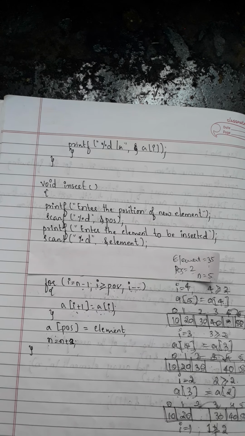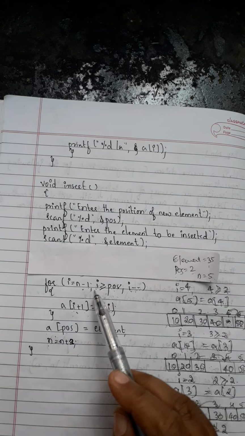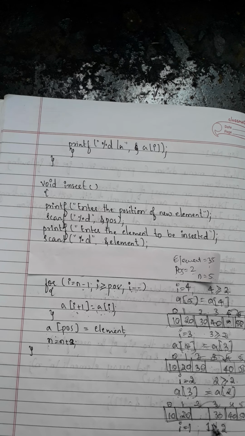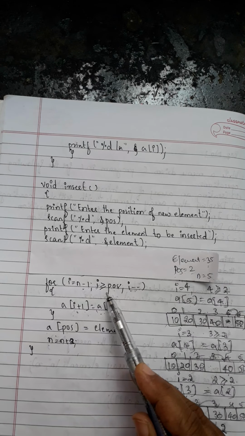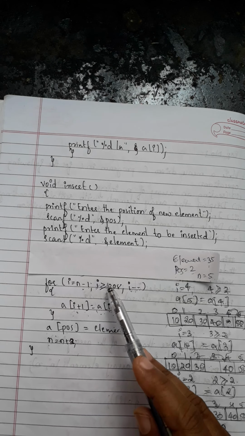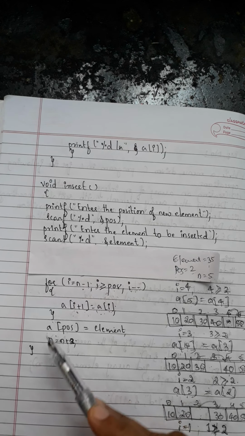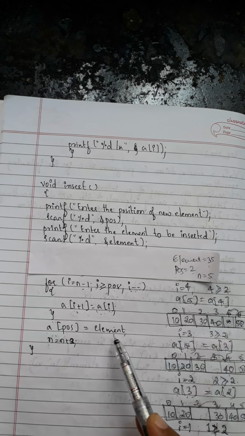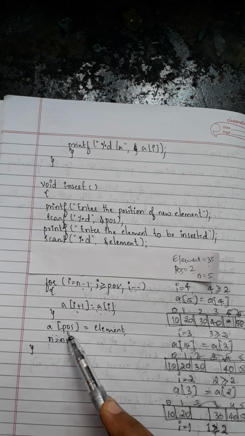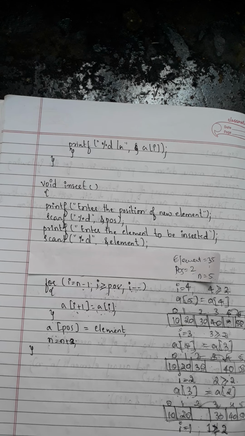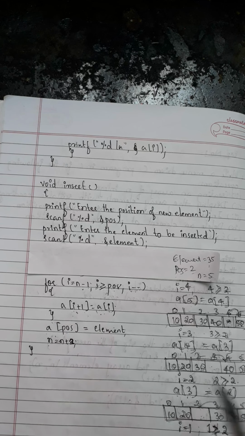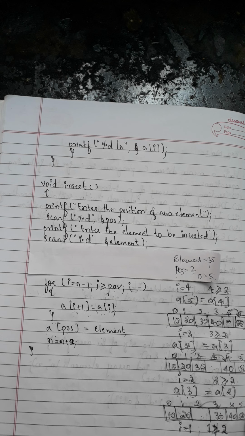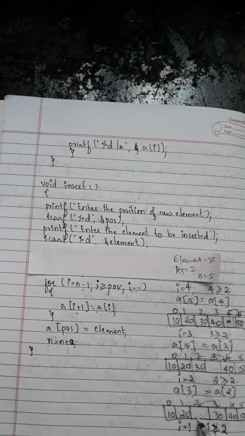Then i is decremented by 1. i becomes equal to 1. Now 1 is not greater than or equal to 2, so the condition becomes false. Once the condition of the for loop becomes false, it will not enter the body of the loop. It will come out of the loop. After coming out of the loop, you have the next statement, which is insertion of the new element at its proper position. Now if you see the array, position 2 is freed. That is, using this for loop, we have shifted the remaining elements to the next position by 1, and we have created this empty space so that a new element can be inserted.